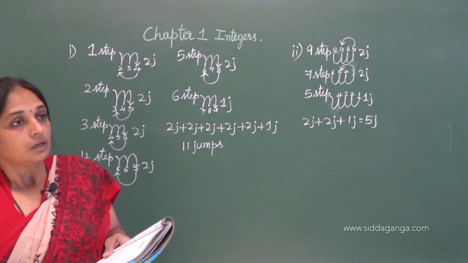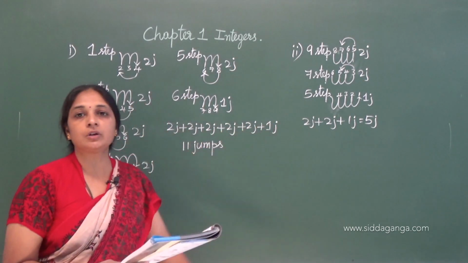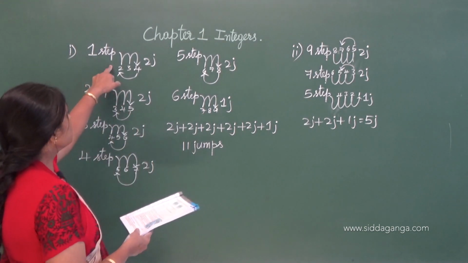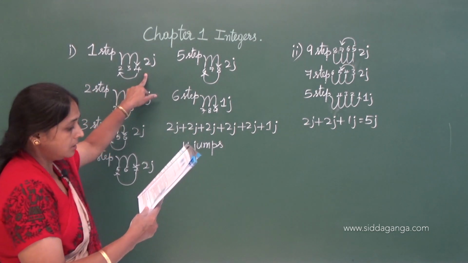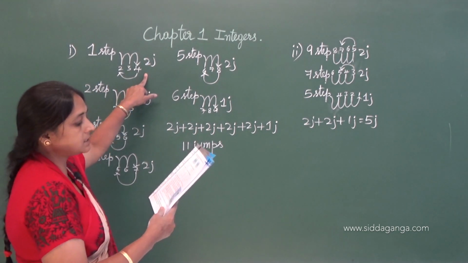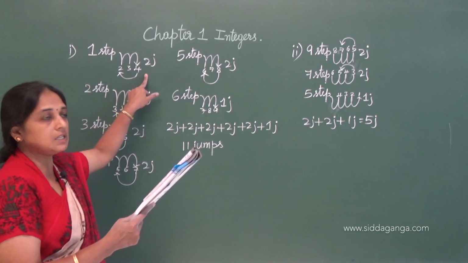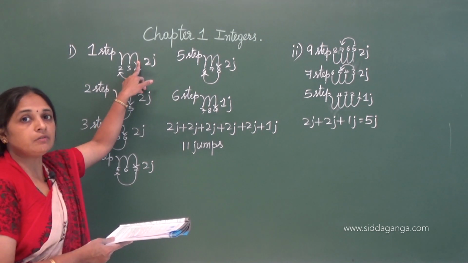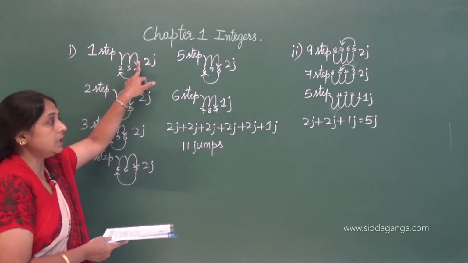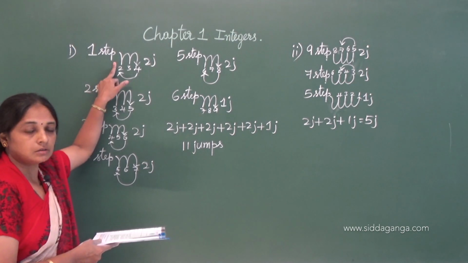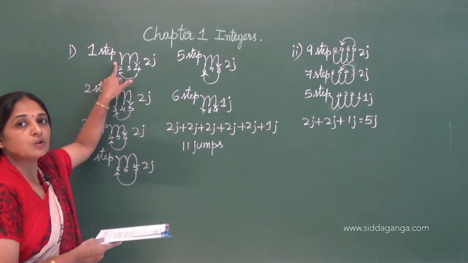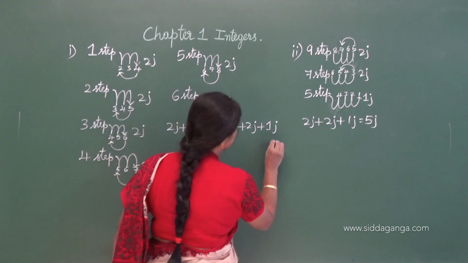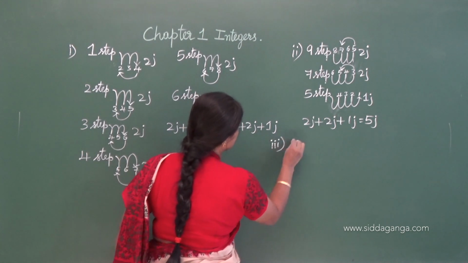In part 1 and part 2, we have to consider what the monkey jumps. In the first part, it goes 3 steps down, and it is considered as a negative integer. Here we should consider it as a negative integer. When it comes up, it should be taken as a positive integer, okay. So the answer for the third one.